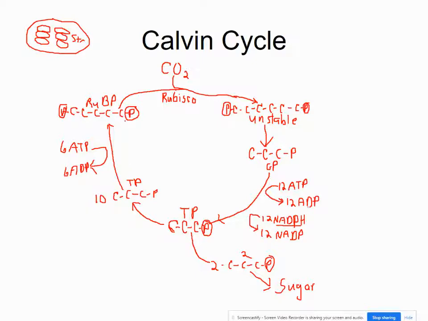Okay, so that is our Calvin cycle. The numbers right now should be really confusing you, because I've only given you a couple of numbers here. So I want to go back and go through that one more time and explain how this is happening. If you remember, our formula for photosynthesis is